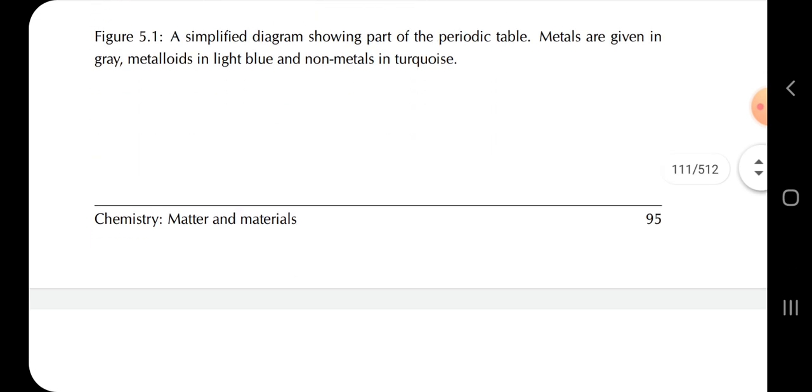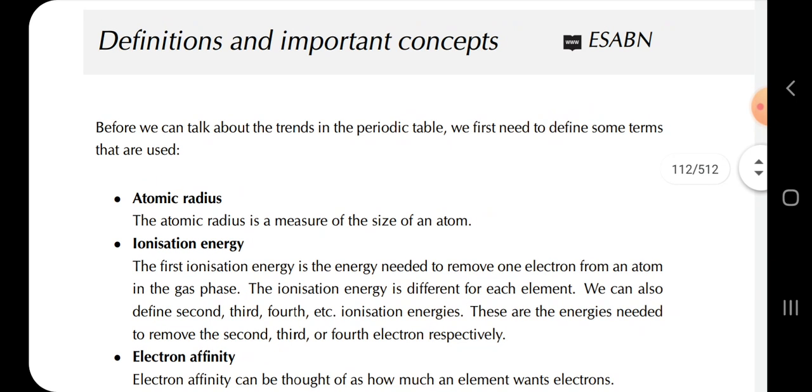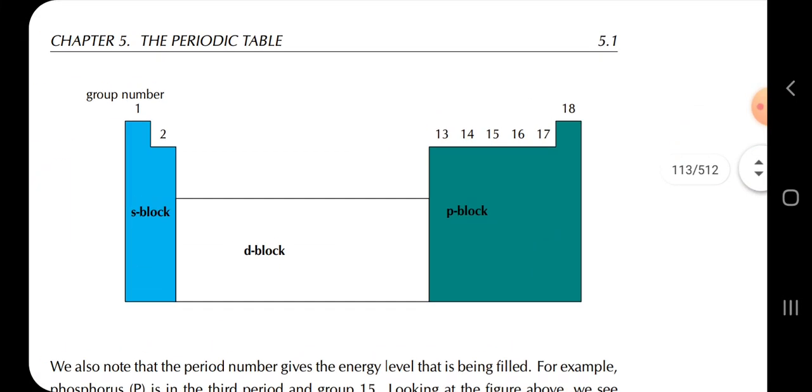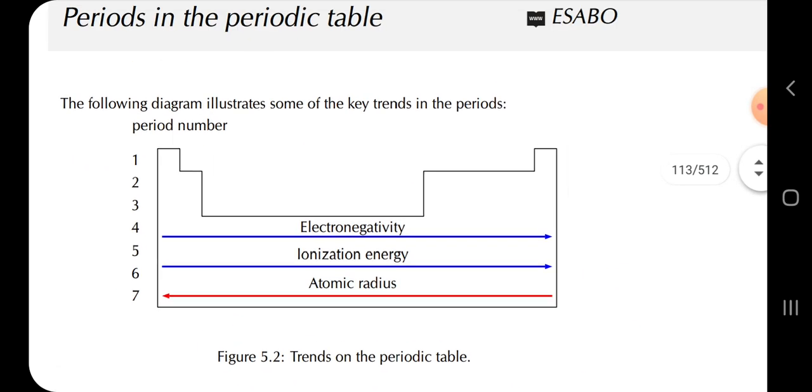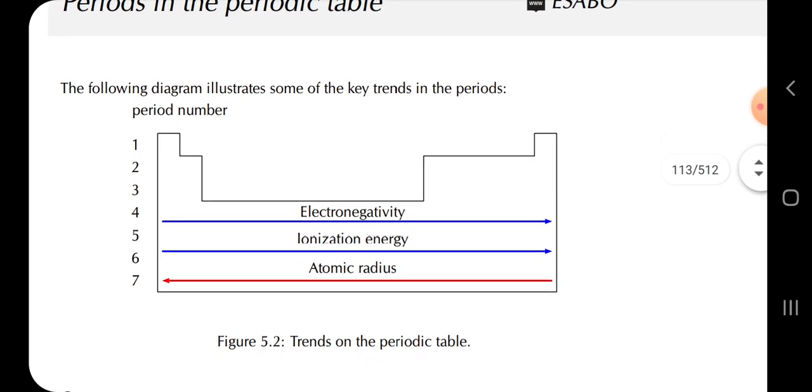And then another thing that you have to know is that these first two blocks are the S block. The ones that are in the middle are the D block, and then these ones that are in your far right are the P block. That's another thing that you have to know. And then you have to know the electronegativity from 1, 2 going down, counting the blocks going down. 1, 2, 3, and 4 are electronegativity, and then 5 is ionization energy,